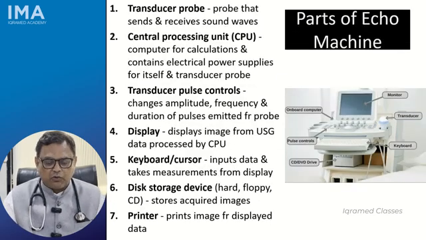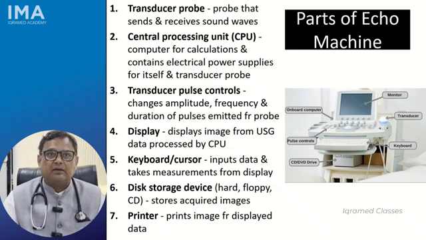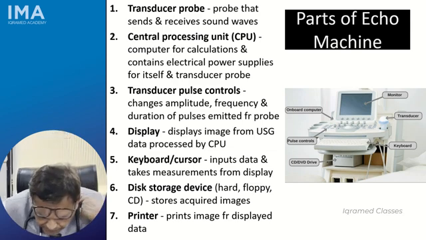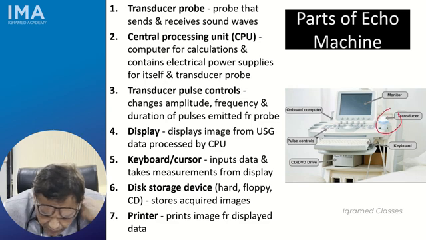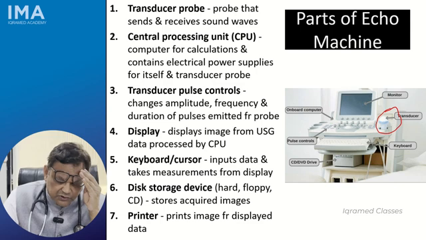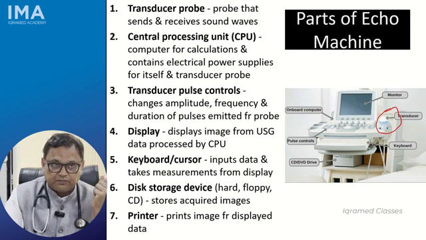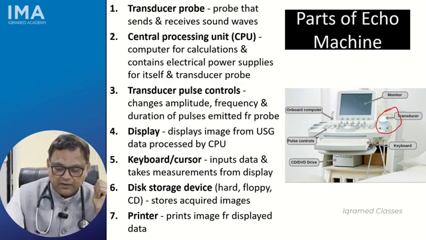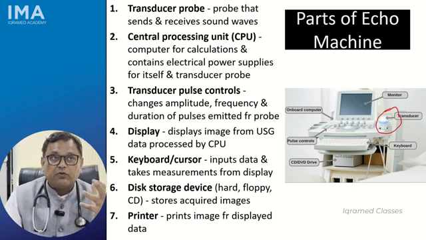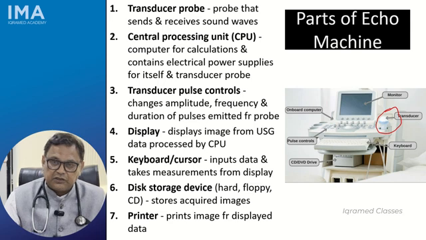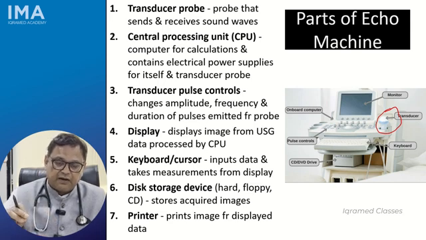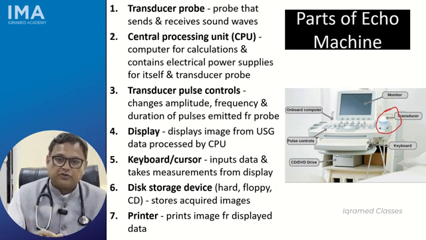Now, what are the parts of the echo machine? The main part is the echocardiographic probe. If you look here, this is the transducer probe, which you apply to the chest wall to get the image. This is, I think, one of the most important things. The rest is the CPU unit, or central processing unit, which not only gives the electrical current to develop the ultrasound waves, but also acts as a receiver and then transmits to the central processing unit, which generates